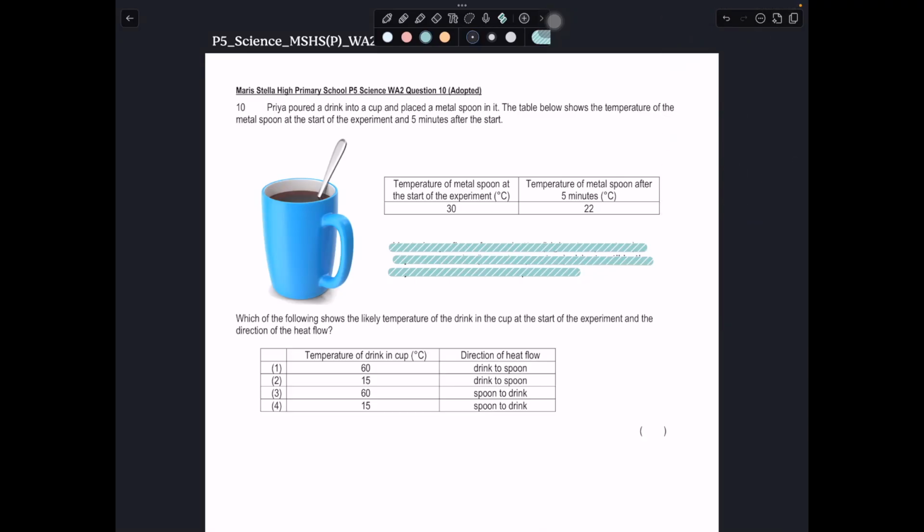So today I'll be going through Maris Stella P5 Science paper WA2 question number 10. This question is on heat, particularly on heat